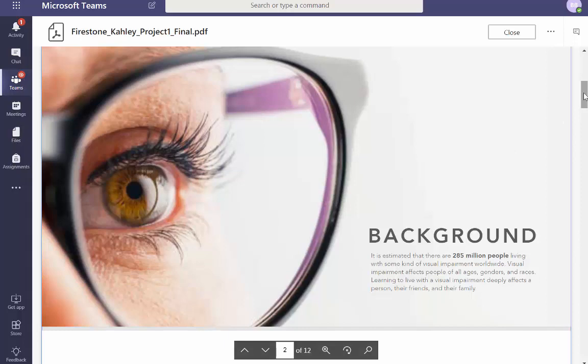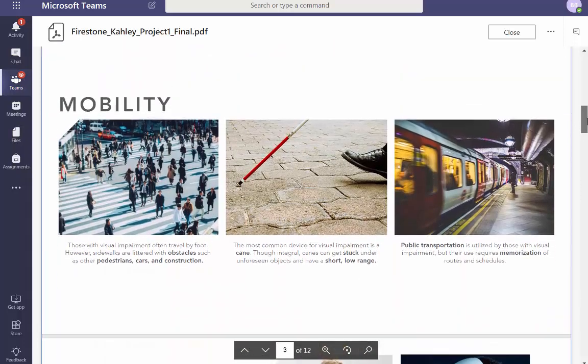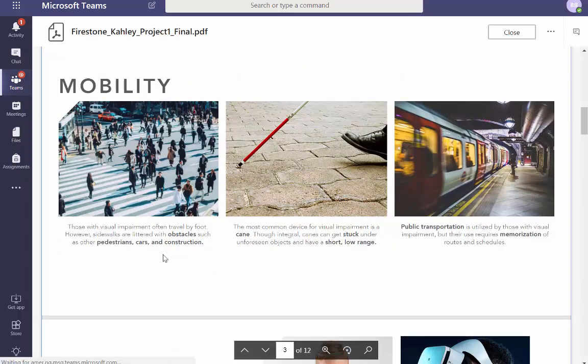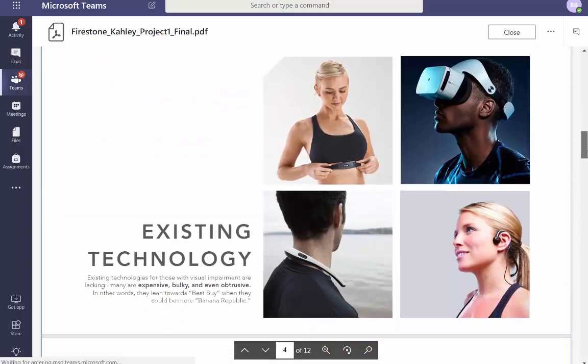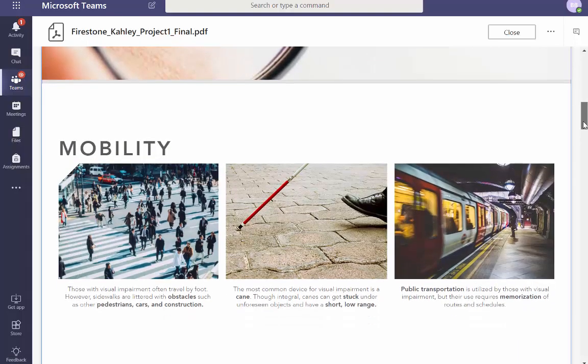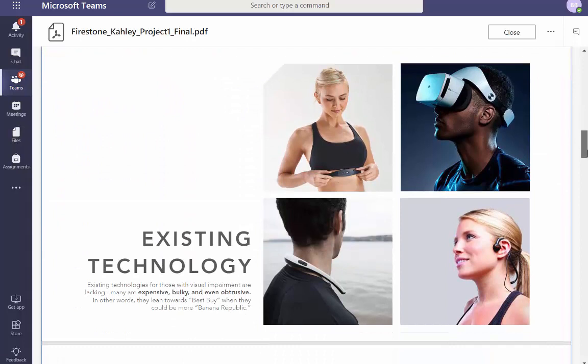I'm assuming it has to do with vision. Probably right. Mobility, okay. People, pedestrians, cars, cane, visual impairment, I think is another one to pull here. Public transportation is difficult and requires memorization. Getting there. All right, keep in mind, you talked about transportation and visual. When I go to this next one,